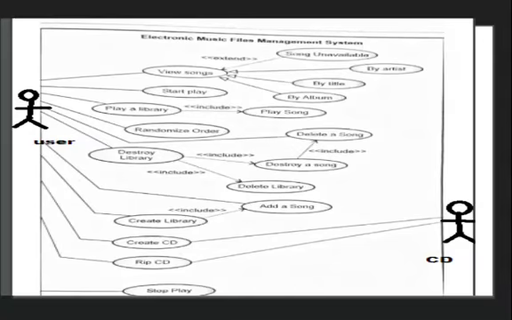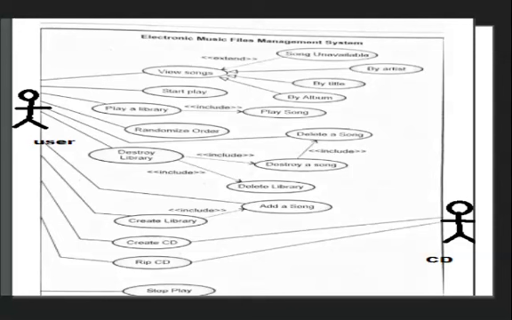Okay, then next you can see a use case diagram for electronic music file management system. In this diagram you can see that there are two actors, user and CD. Okay, what will the user do?